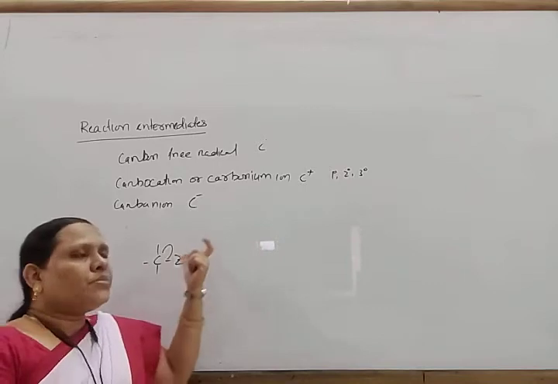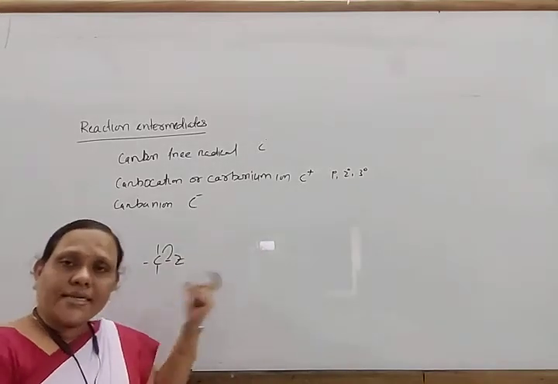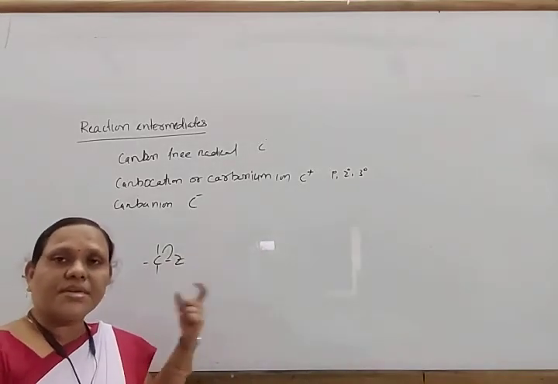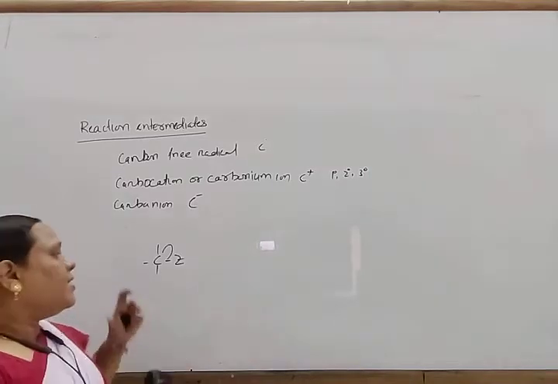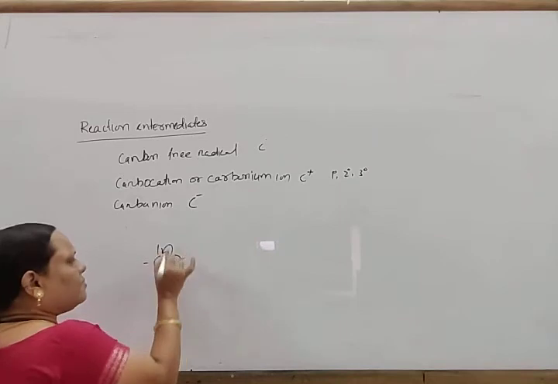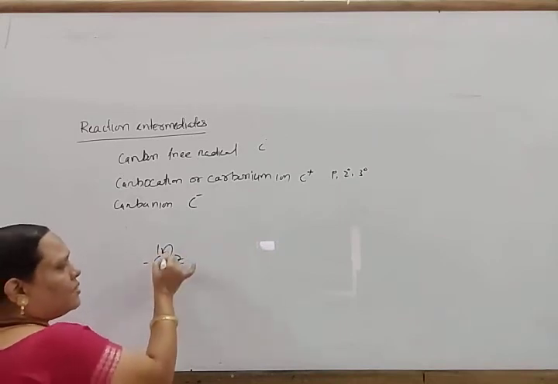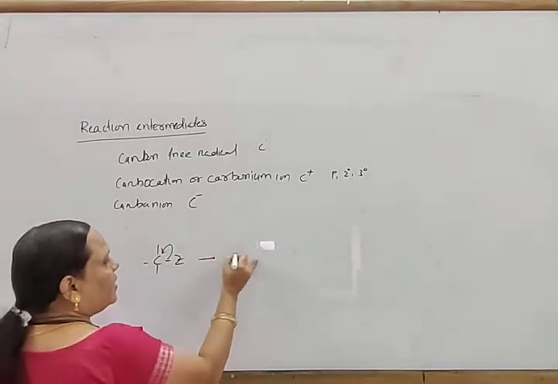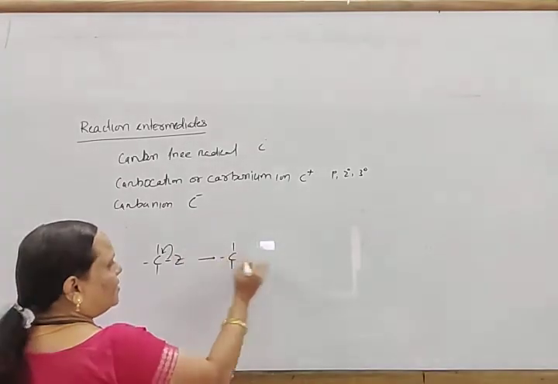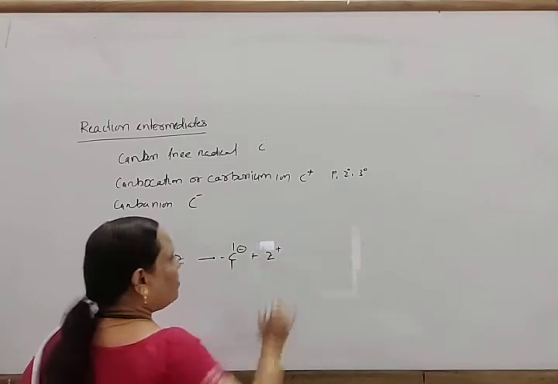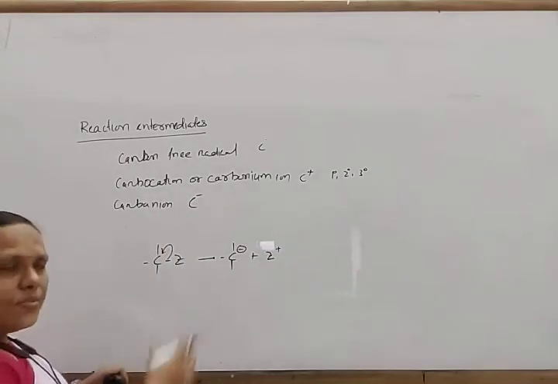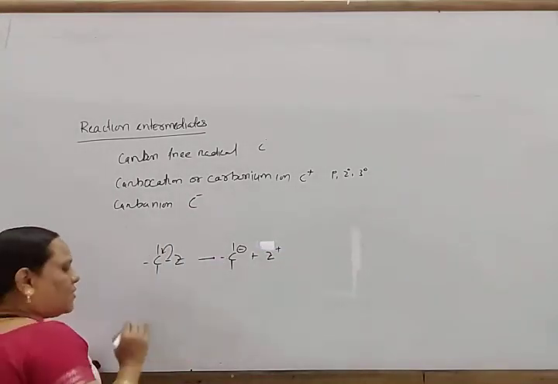if some metals are attached to it, like magnesium or zinc attached to carbon, then those metals are more electropositive than carbon. In this way, this electron pair shifts towards carbon. As this electron pair moves towards carbon, we get this carbon with negative charge. This is the negative charge, and here Z carries the positive charge, as an electropositive atom is attached to carbon.